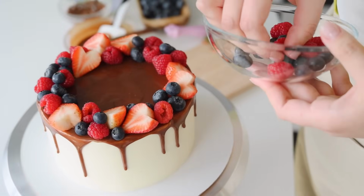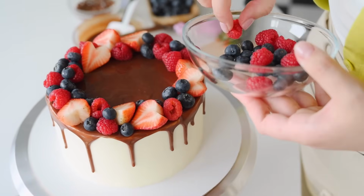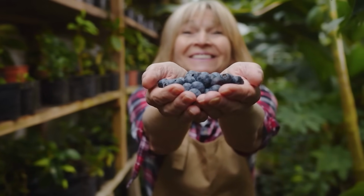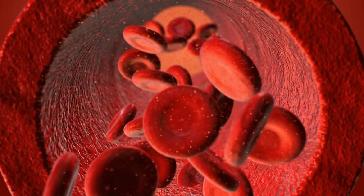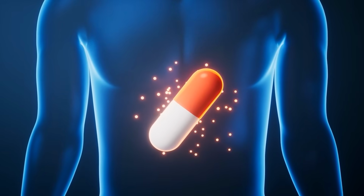There are few downsides to eating blueberries. Their sugar content is relatively low compared to other fruits, making them safe for most people, including those managing blood sugar. No major interactions with blood-thinning drugs have been reported at food-level amounts. However, if you take prescription antiplatelet or anticoagulant medicine, mention your blueberry intake to your doctor to rule out any